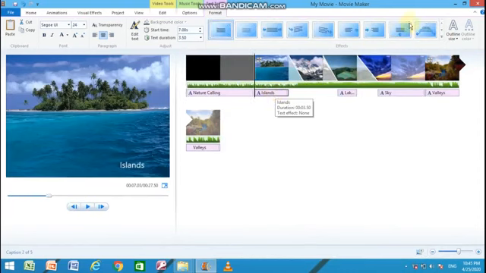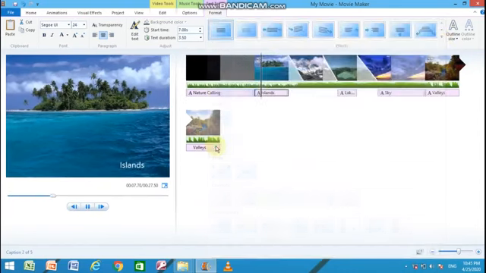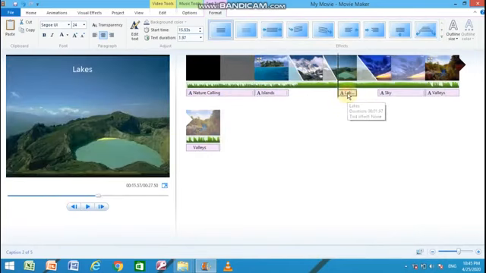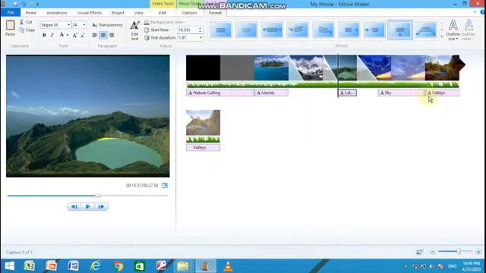The caption, select all the objects one by one, and from this effects category select any one category according to your choice.